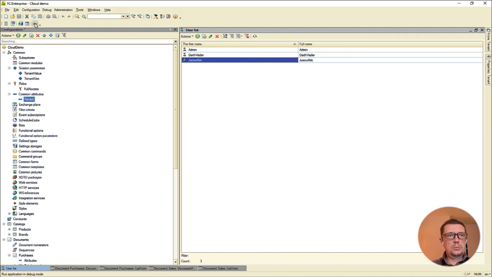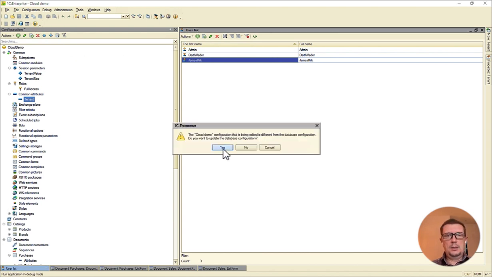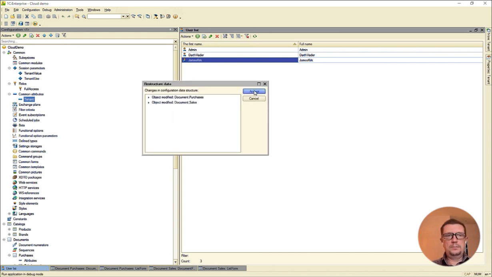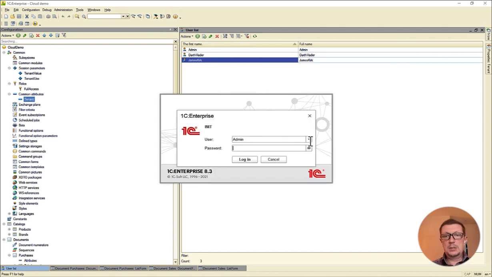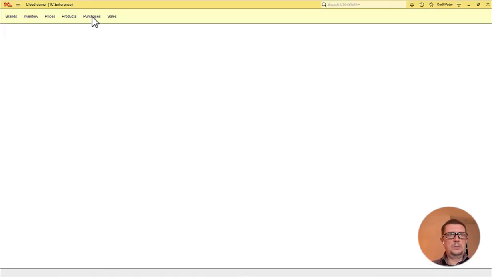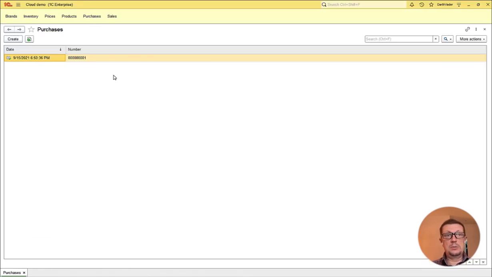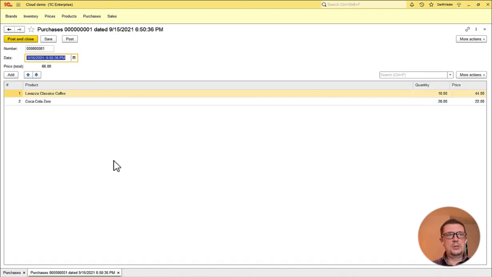So first of all, when I log into the application as somebody who has access to his part of data, for example, Darth Vader has access to this one document. I cannot see the document, but I lost the tenant value. I cannot see it anymore.